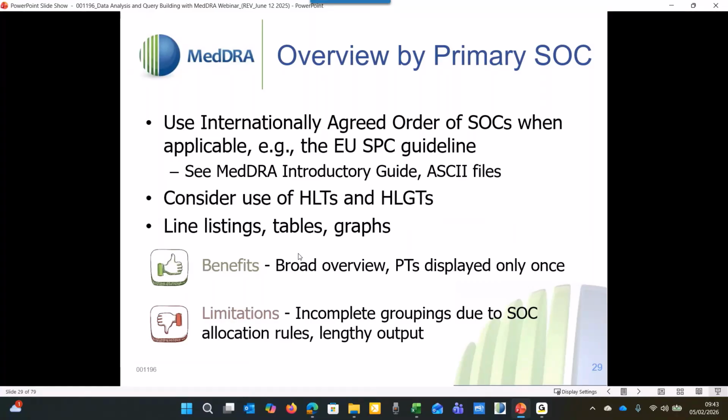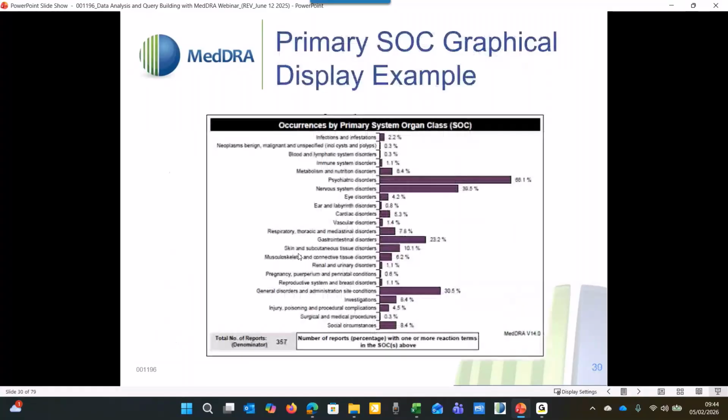Another thing to bear in mind, we've already mentioned considering the use of HLTs or HLGTs to summarize a large data set, and we've looked at two examples of that, both with the table on the screen and my example. Think also about tables and graphs. Sometimes a picture is worth 1,000 words, they say. The next slide shows how a graph can be used to summarize. We can see at a glance here that there's a problem with psychiatric disorders, nervous system disorders,